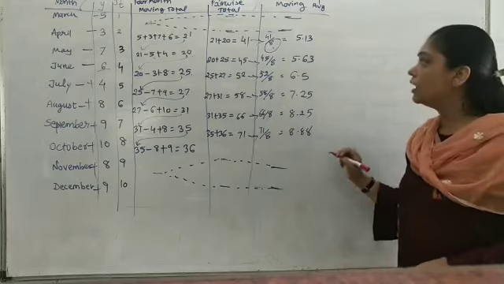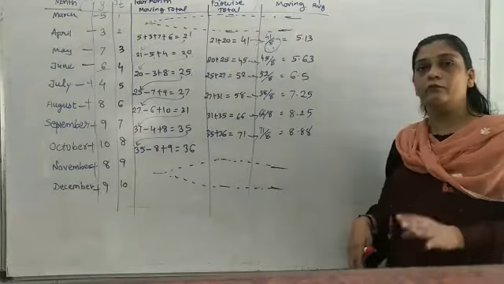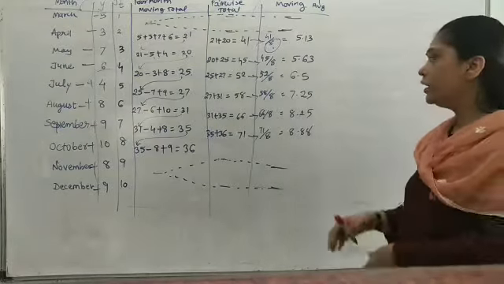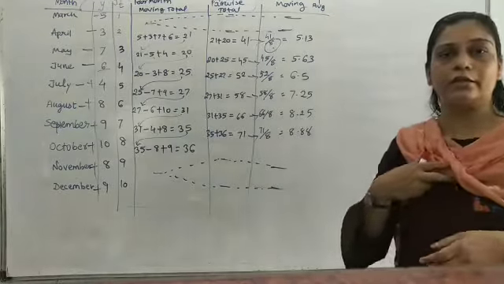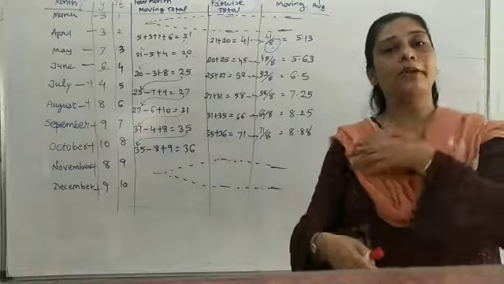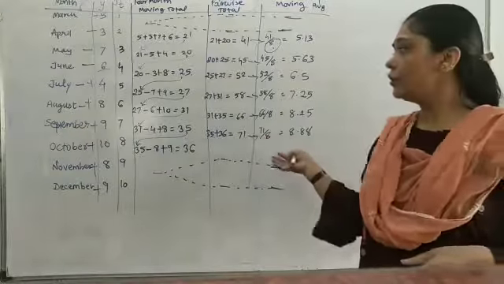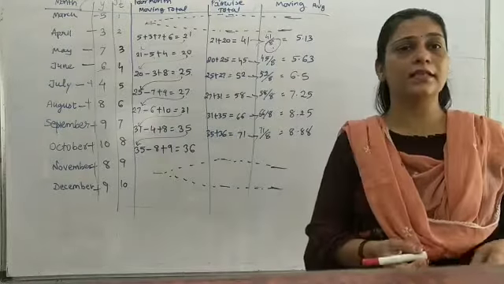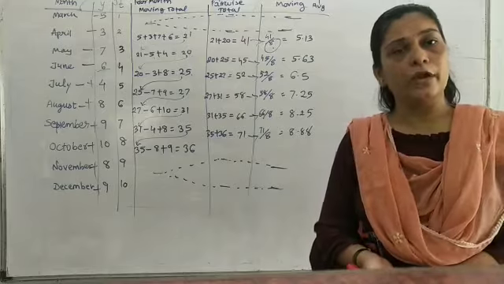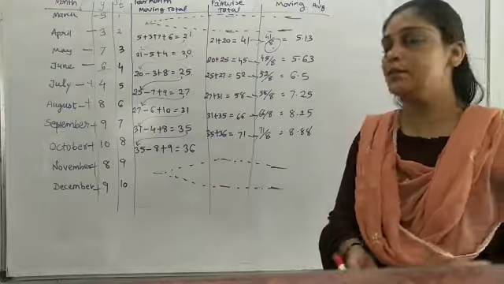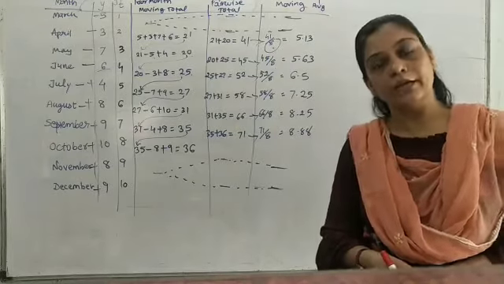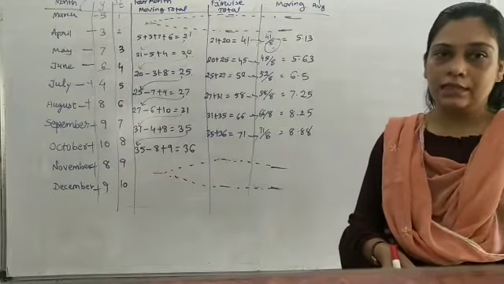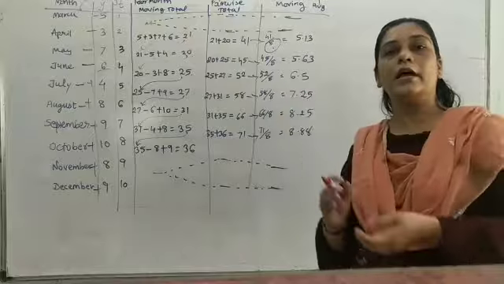So dear students, I have completed it this way. Please do practice at home. These are very important methods: 3, 5 and 4 years moving average, plus the least square method. So here I have completed this chapter. You can solve any sum of exercise 4.1, 4.2 and 4.3, as well as if the sums are there in exercise 4. Do practice, it's very important as well as very easy sums, and that is chapter number 4, time series.